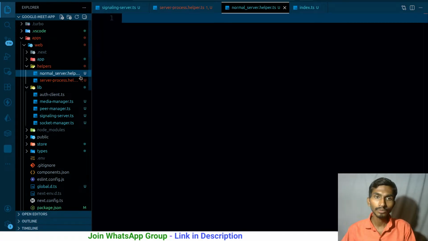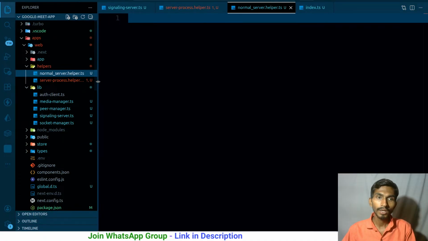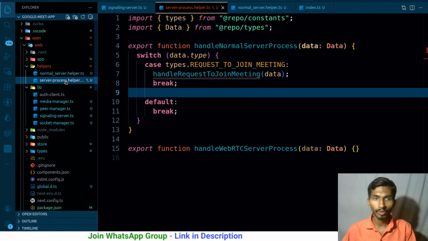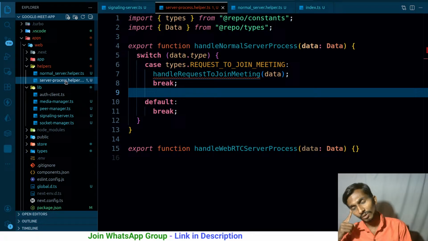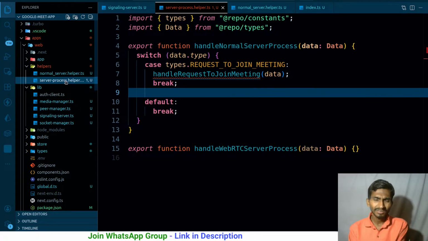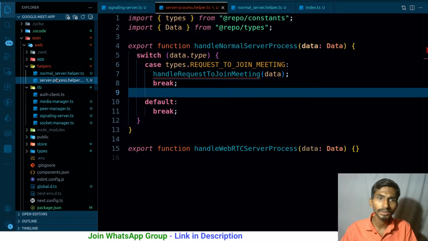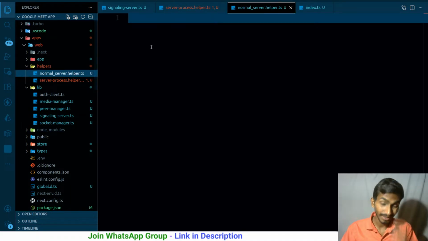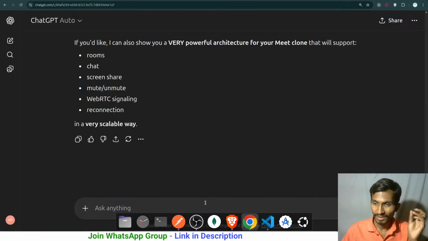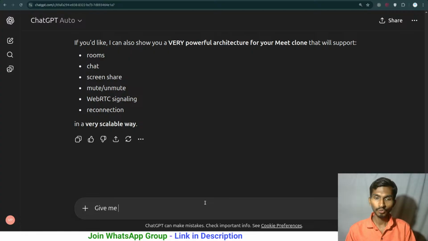So okay, when it comes to creating the things here, first one is the server process helper. What should be the name of this? Server process helper on the client side. And server process in the sense that is more or less related to the signaling server. So not the best name actually, but okay, this is gonna be fine for now. And normal server, but the thing is that we are on the client side. Yeah, let me give me the right